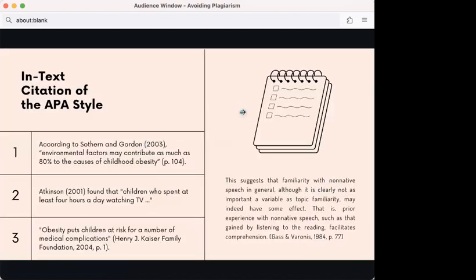These are some examples of in-text citation of the APA style. In-text means that the citation can be found inside your essay, so it will be different from the references. In scholarly writing, it is essential to acknowledge how others contributed to your work. By following the principles of proper citation, writers ensure that readers understand their contribution in the context of the existing literature, how they are building on and critically examining or engaging the work that has come before.